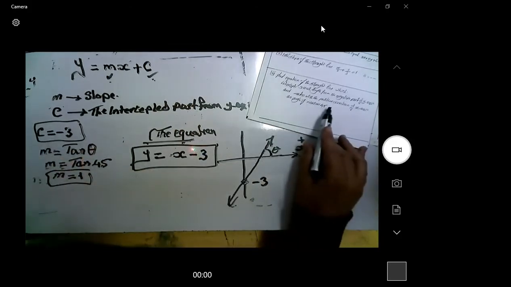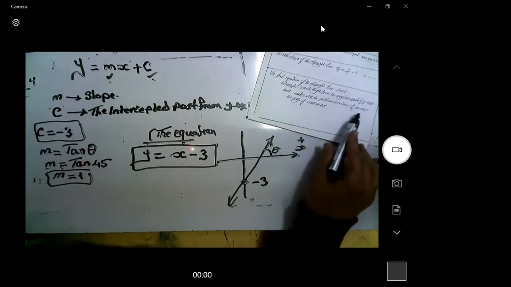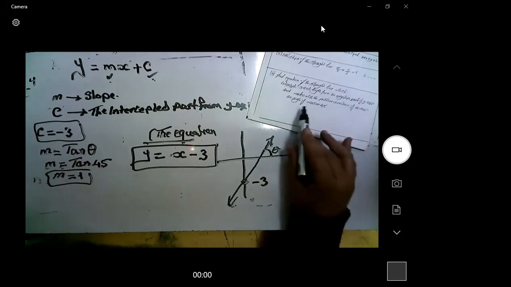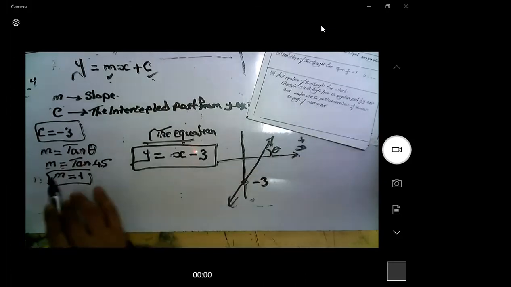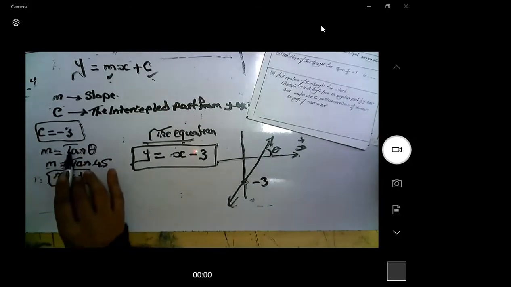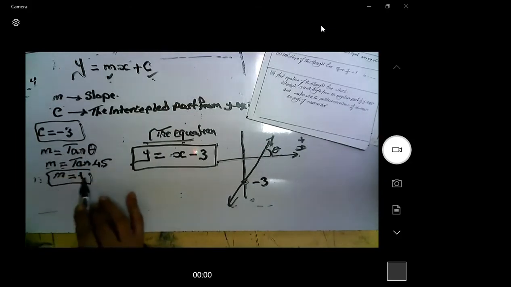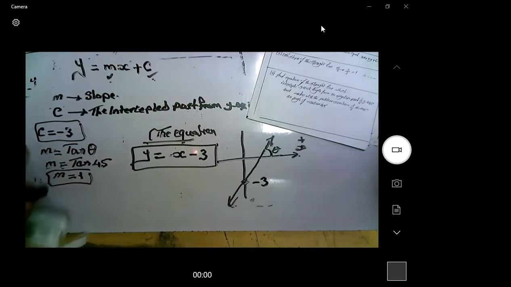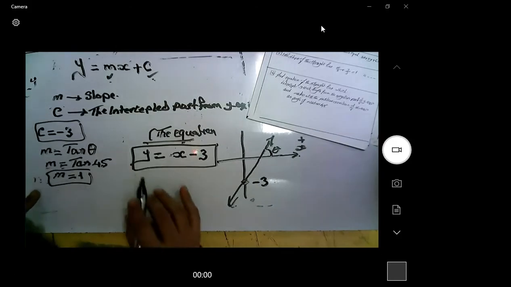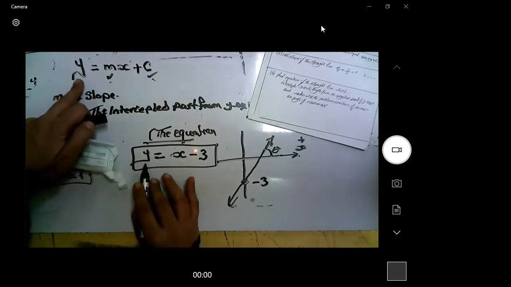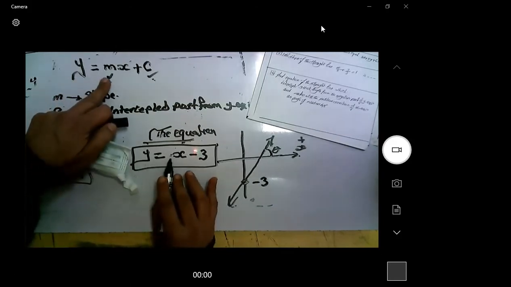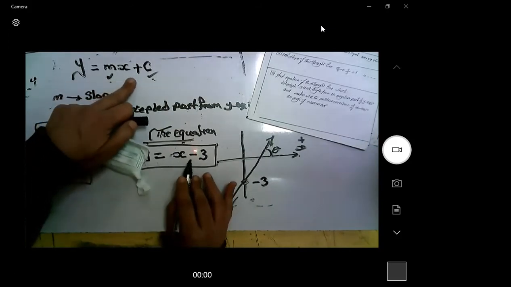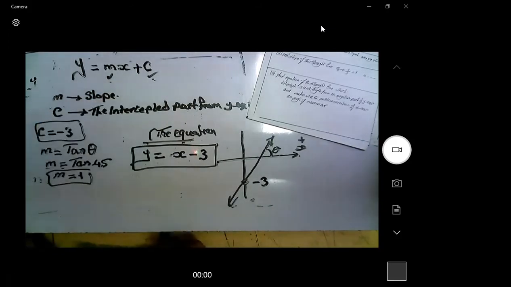The straight line makes an angle of measure 45 degrees with the positive direction of the x-axis, then the slope equals tan 45, which equals 1. Now we have the slope and the intercepted part, then the equation of the straight line is y equals 1 x plus -3. Okay,